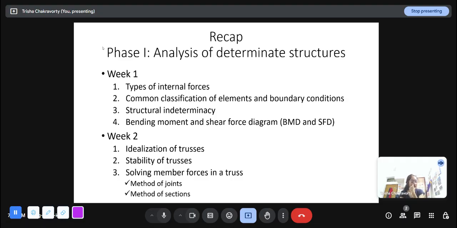In method of joints, we go from node to node. At each node, we have two equations, sigma Fy equal to 0 and sigma Fx equal to 0. So we have to choose a joint where there are only two unknowns, and then we move on to the next joints. This method is useful if you want to find the member forces in the entire truss. In method of sections, we cut sections generally through three members, and then we take the overall equilibrium of the left half or the right half. This is useful mostly in competitive exams when you have MCQ questions and are asked to find the member force in only one or two members.